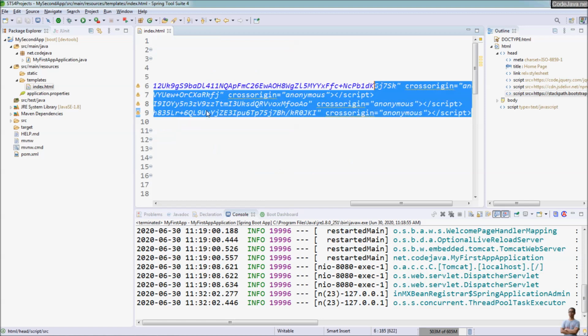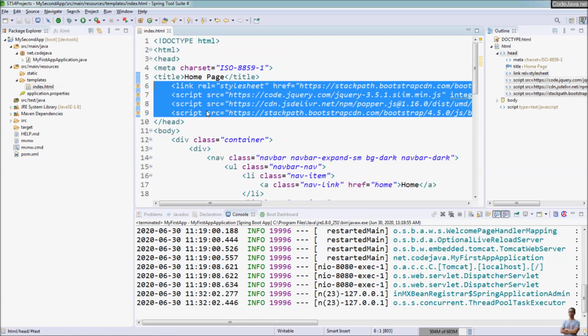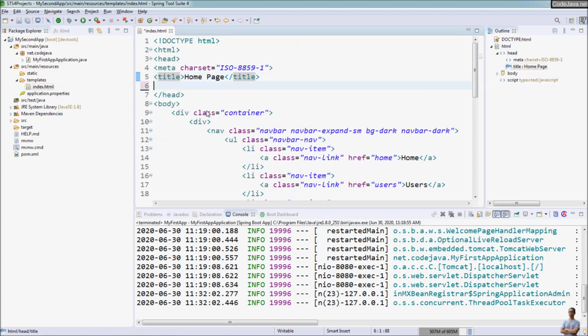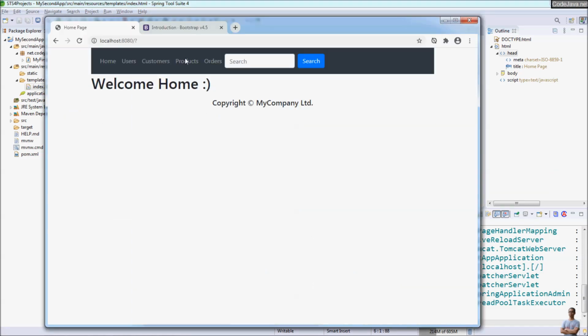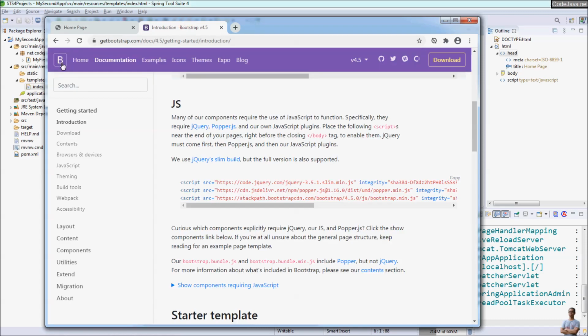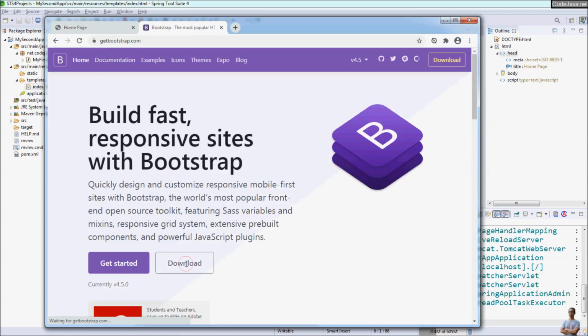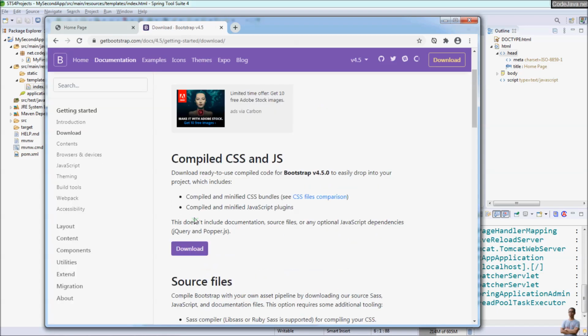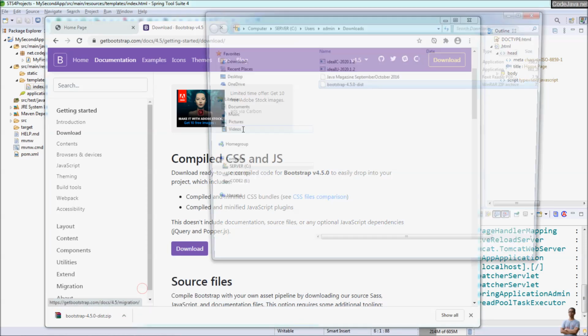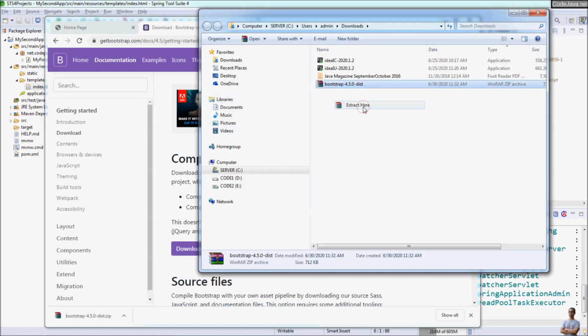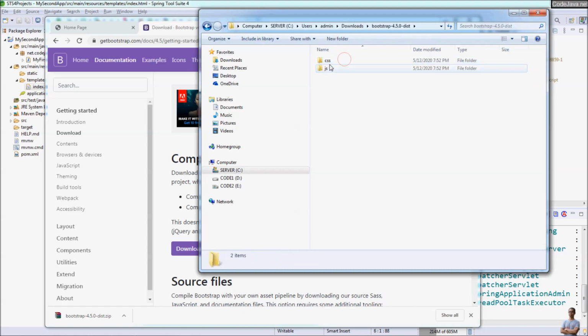And here we need to delete the code that refers to the Bootstrap CSS and jQuery JS files, and we need to download them manually. So go to the Bootstrap homepage and click the download button here to download the files for Bootstrap version 4.5.0. Okay, so in the folder, extract here, and inside the Bootstrap directory